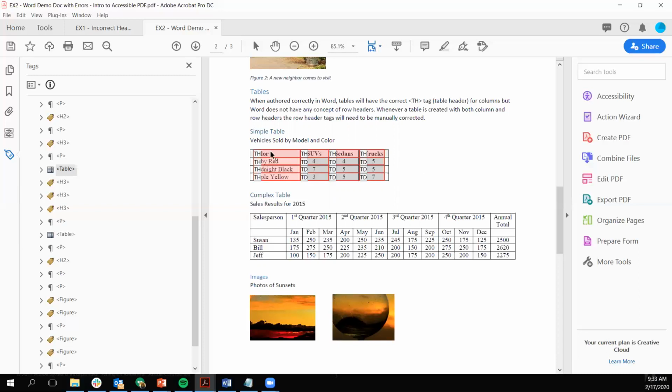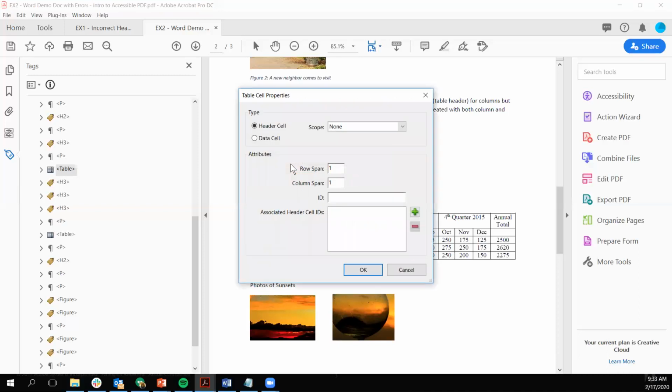So I'm going to right-click on the color cell and choose Table Cell Properties. This cell is correctly labeled as a header cell. So under Type, Header Cell is selected. However, there's no information telling us what type of header cell. So in the Scope dropdown, we want to specify that now, that this is a column header cell. That the word colors heads a column listing colors. So I'm going to indicate that this is a column header by selecting Scope Column